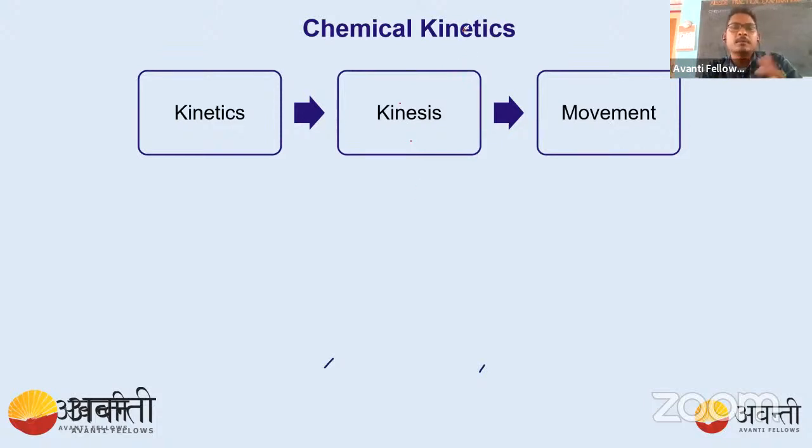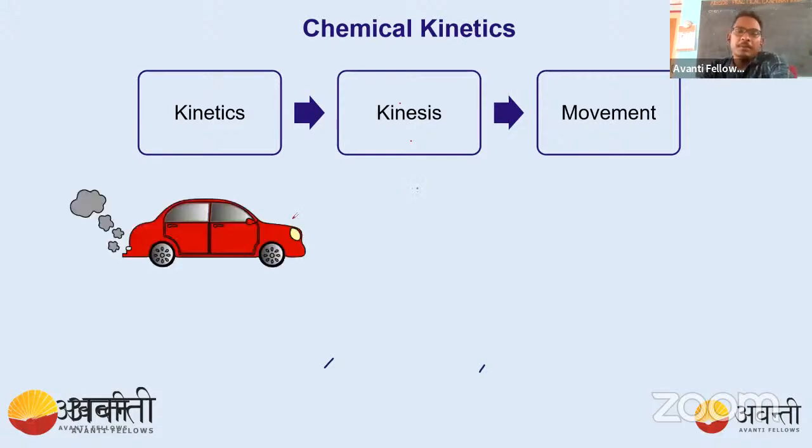For example, everyone can see this one. This is a car. It is moving, and for its movement it needs some fuel. Perhaps you know we have different types of fuel: petrol, diesel. Now we are using CNG. Some vehicles don't use petrol, and some don't use diesel. Why are these things happening? Why do we have different types of fuel?